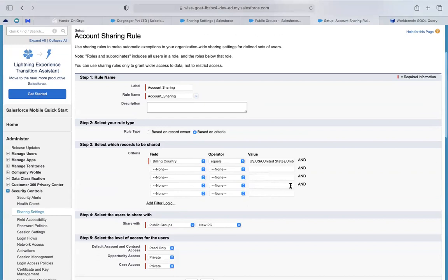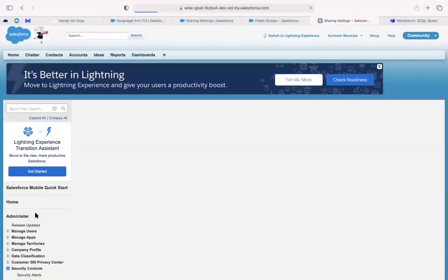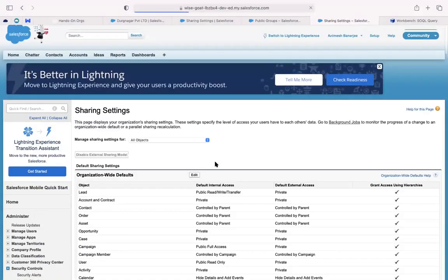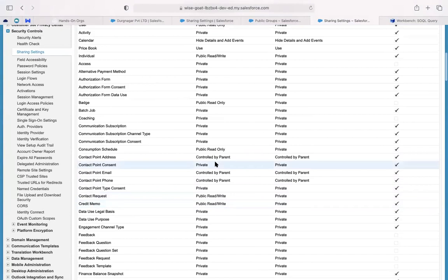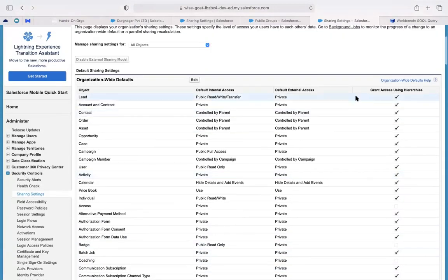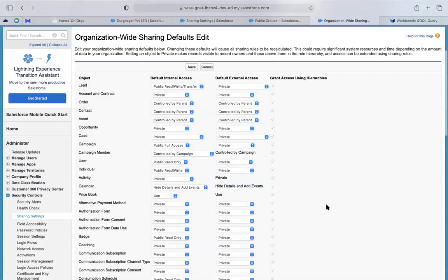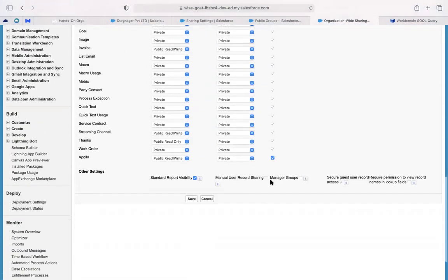Here is another way of automatic sharing. In these sharing settings, you see a checkbox called grant access using hierarchies. By default, if you do an edit, for standard objects you cannot uncheck this.